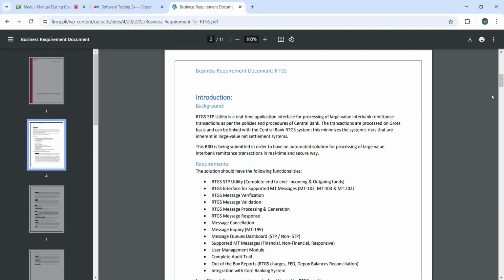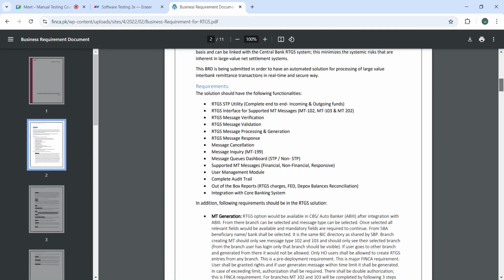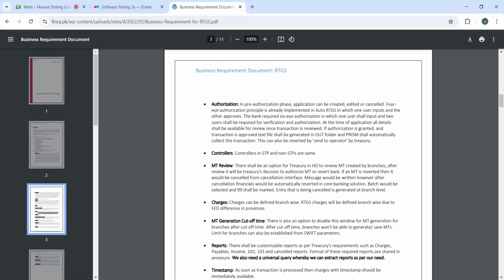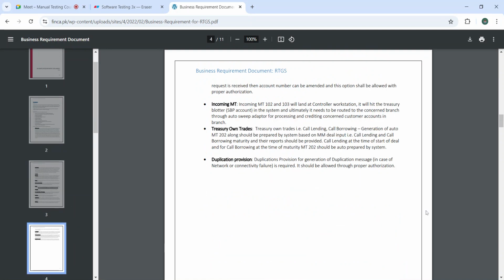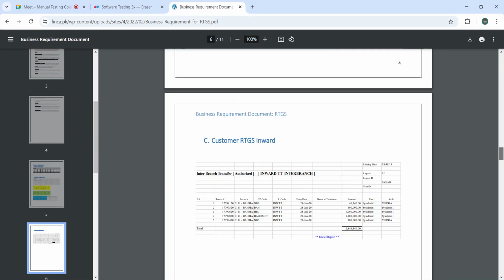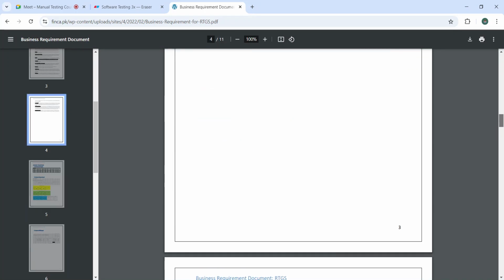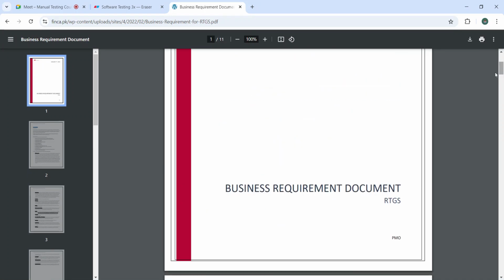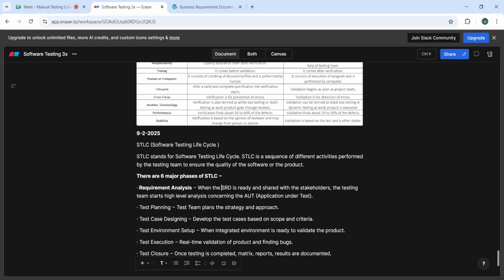It will have a detailed introduction, then the solution, then it is mentioned how it will have different requirements, then we'll have authorization, control, charges. Okay, then all the details. This is a different one that I used to have. So our BRD, that is business requirement document, has things like